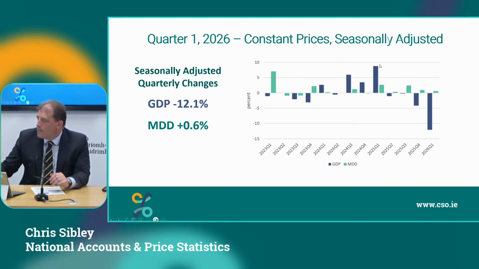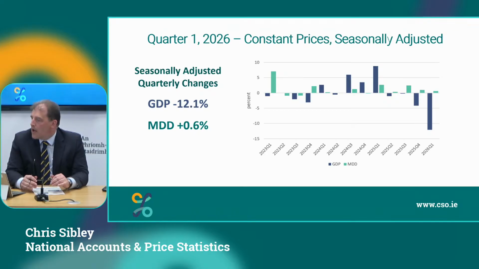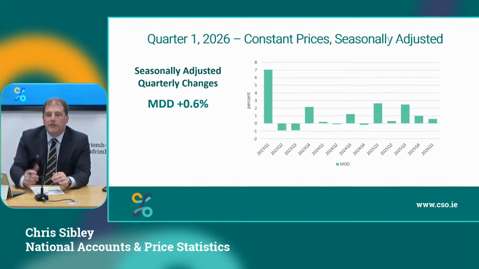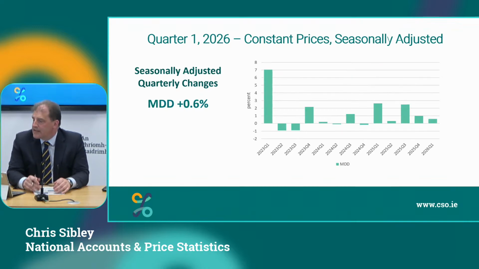We've seen that data fall off a little bit over the last couple of quarters, and particularly now in Q1 2026. We'll also watch out for any timing issues we see between Q1 and Q2 2026. As usual, we'll hold our fire on the year 2026 until we see more data and see what happens there. But we can also strip away that multinational activity and just look at the domestic side. With the domestic activity, we can see quarter on quarter positive growth. There's quite a positive story there, even when we compare the data internationally on domestic growth.